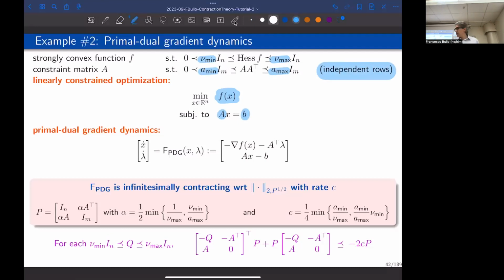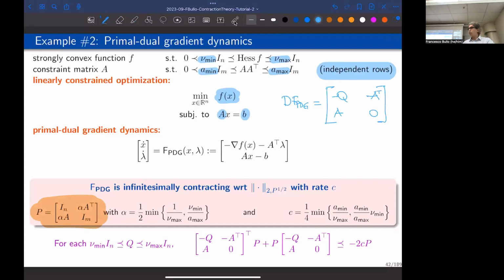Now, what I told you yesterday is that it is possible to define a certain P matrix. It is possible to compute the Jacobian of F, the primal-dual gradient, and this is going to look like a matrix of the form minus Q, minus A transpose, A, and 0. I'll give you a second. I think you can see that that's the case. When you compute the Jacobian, you take all of the partial derivatives, where the matrix Q is essentially the Hessian of f, and therefore the matrix Q lives in the same